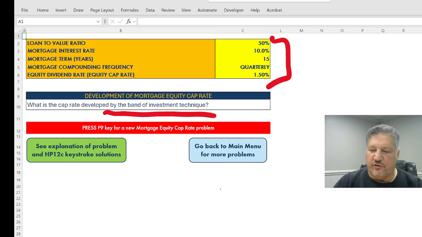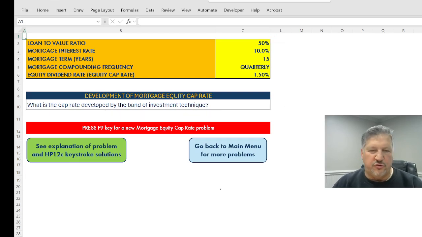And we are going to show you that once you work through that process, again, assuming you are familiar with it, and if not, go back to our website. We've got all kinds of videos and information dealing with the instruction of how to develop these cap rates. But assuming you know how, you go ahead and practice with this set of variables or try to solve it, and then we can come over here and click this button that says go to the solutions. And if we do that, you're going to see that